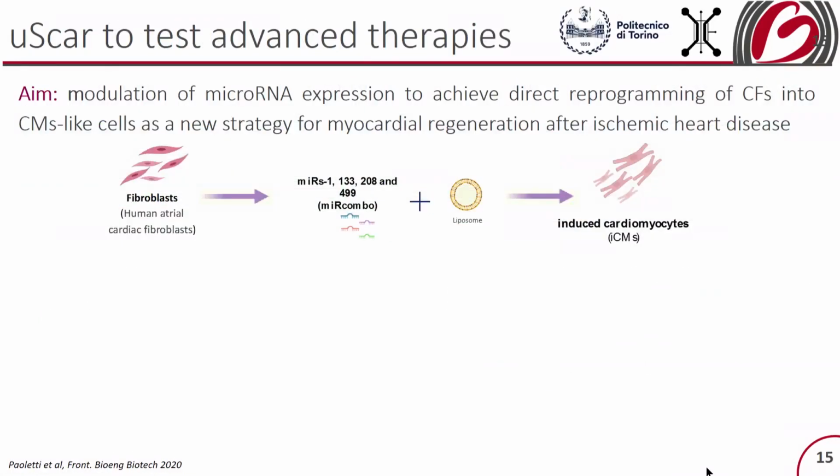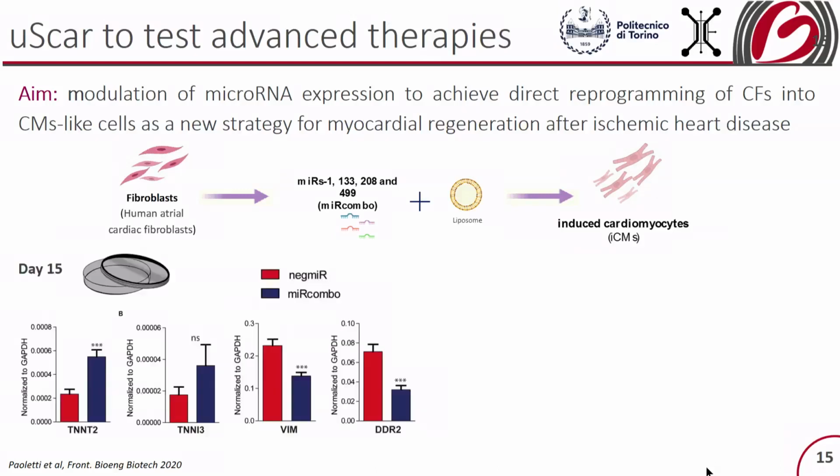So we now have a functional and validated model of cardiac fibrosis on chip, and we wanted to start using it to test some innovative therapies. In collaboration with Politecnico di Torino, we started to investigate the effect of an advanced therapy that they are developing there to reprogram fibroblasts into cardiomyocytes. Our colleagues at Politecnico are modulating microRNA expression, using a combination of microRNAs to reprogram cardiac fibroblasts into cardiomyocyte-like cells, and this is a strategy for myocardial regeneration after ischemic heart